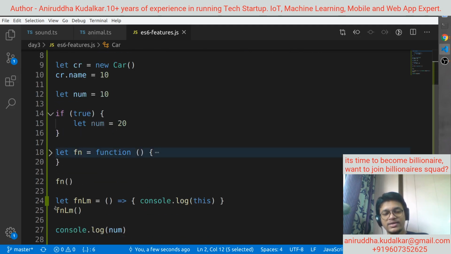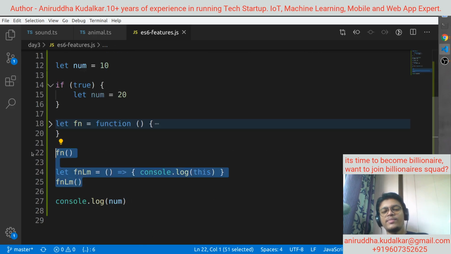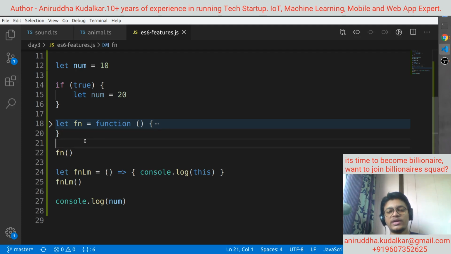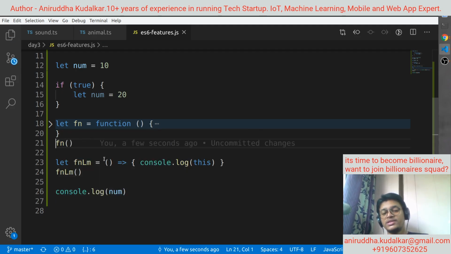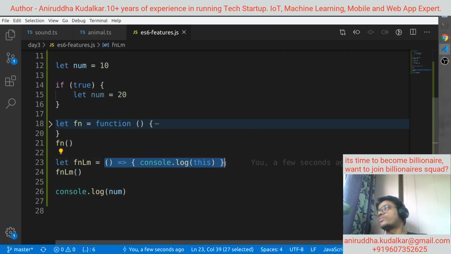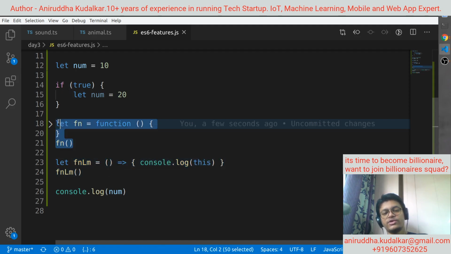But ES6 has given you the lambda representation, or people call it fat arrow. You can call it anything, but this term is taken from mathematics, where we call them lambda functions. So fn lm and this, and here you have called the function, here you have called the function.